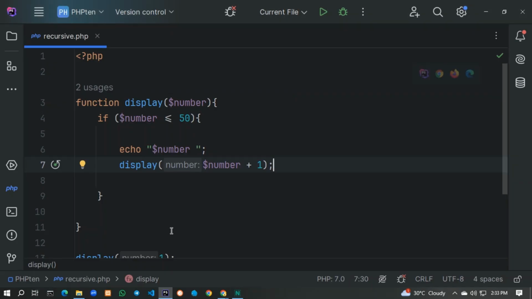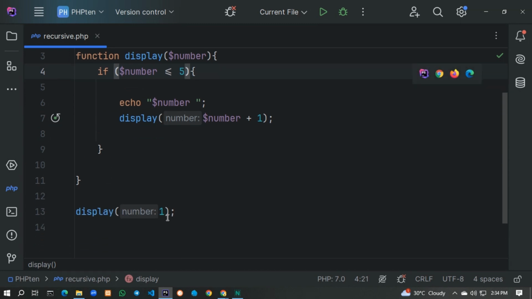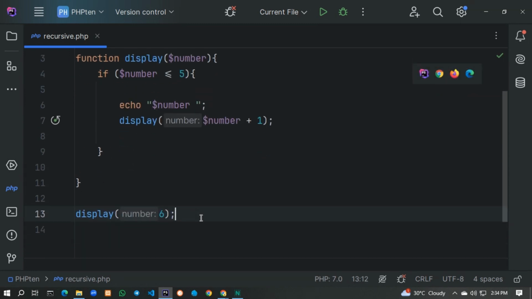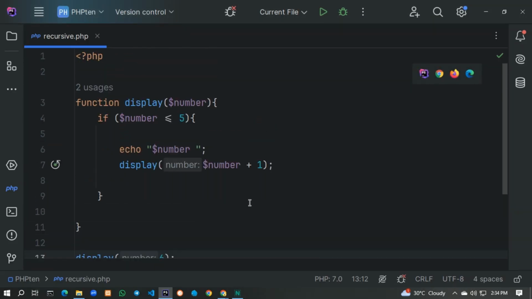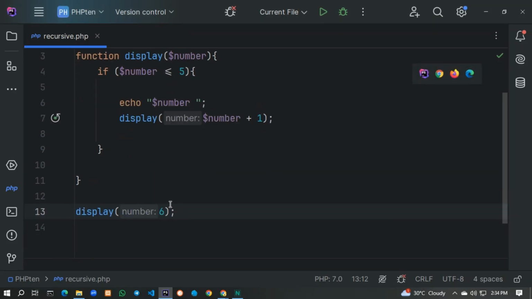If the condition is false then it will not work. Here I put 5 and here I put 6. Now the condition is wrong, so it will not work. You can see it will not work. So a recursive function only works when the condition is true, then it will